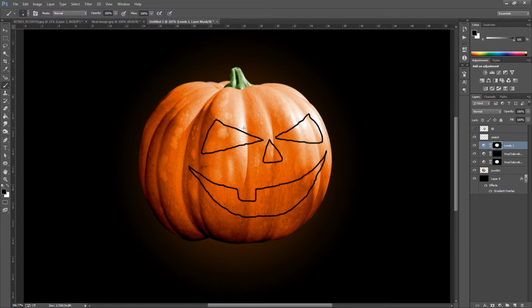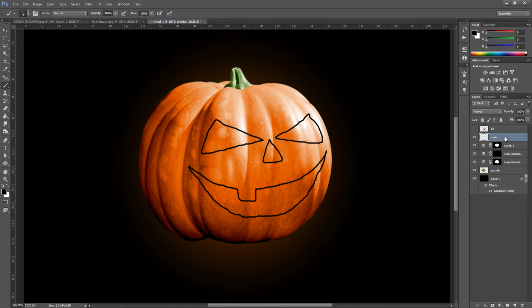So I've come up with something like that. You might want to pause the video and really have a look where you want to put the eyes for this. And you can download this particular set from me. When you go and download the file, I will incorporate the sketch layer for you. Now, depending on the size of your image, you may need to play around with it, free transform it to where you want it on the pumpkin, but I'll leave that bit up to you. So if you are freelancing or drawing and you have something like this and you haven't used my sketch layer, then we can move on to the next step.